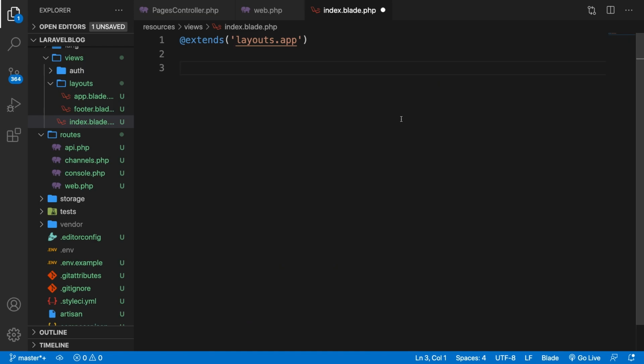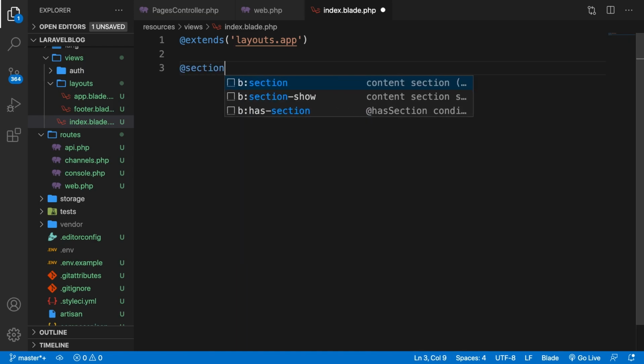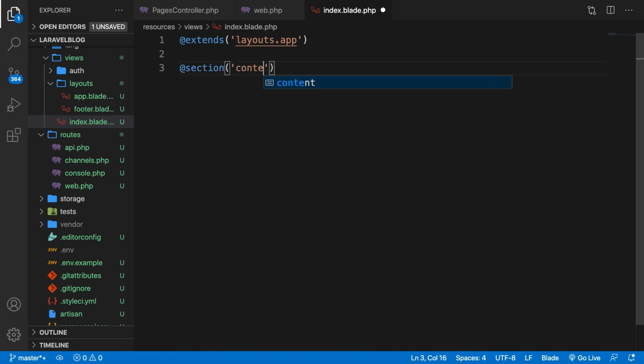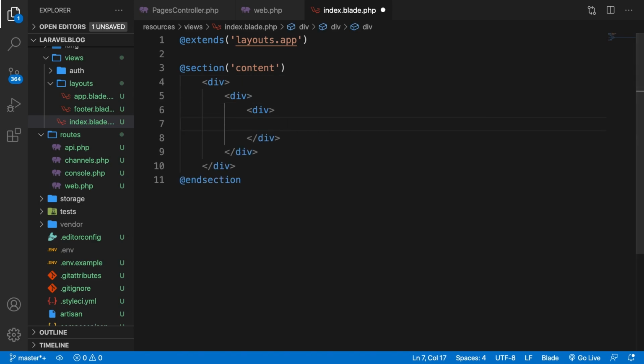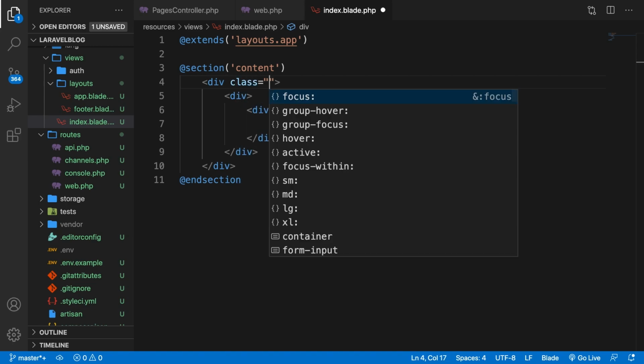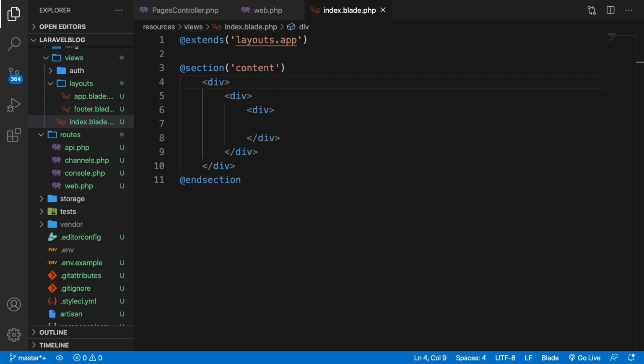So in our index page, we could say add section with the name of content, and let's end section as well. Inside our section, let's create a div, another div, and one more. So the first one has a class of, well, before we actually do that, let's save it and look at